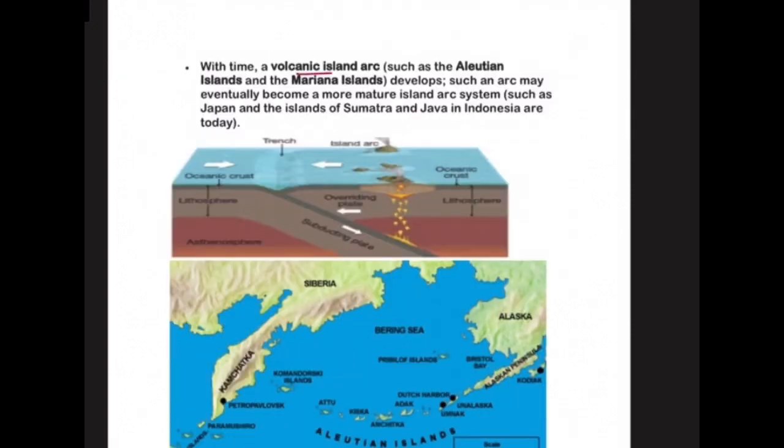With time, a volcanic island arc such as the Aleutian Islands and Mariana Islands develops. Such an arc may eventually become a more mature island arc system such as Japan and the islands of Sumatra and Java in Indonesia are today. Okay, now moving further,